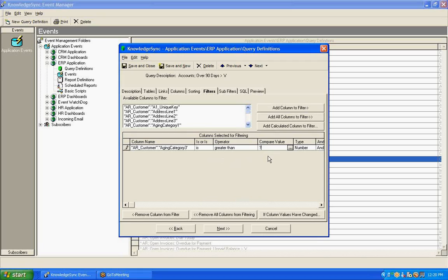Well, if that's the case, if we're going to prompt for some value on the event level, we need to specify what that prompting text is going to say. And here on the query, we have the ability to specify what's referred to as the optional prompt for a filter. The optional prompt is utilized only for those filters that have a question mark in their compare value. And in fact, if I hit my tab key once, twice, 3 times, I find myself in that optional prompt